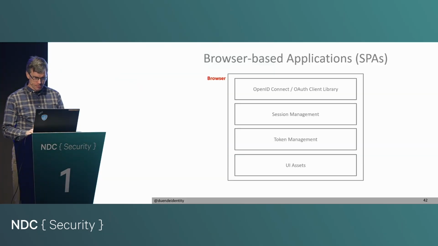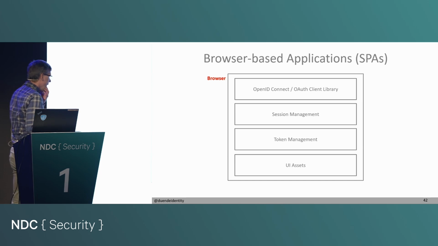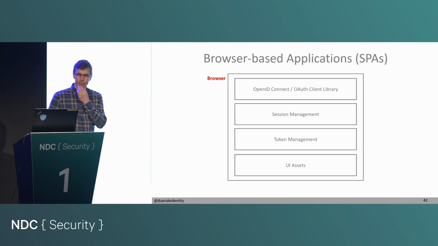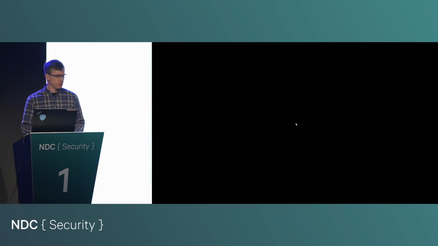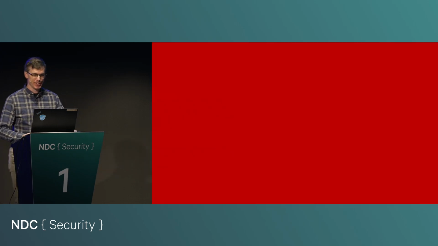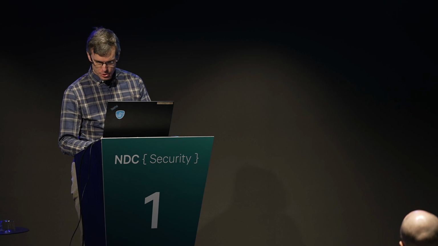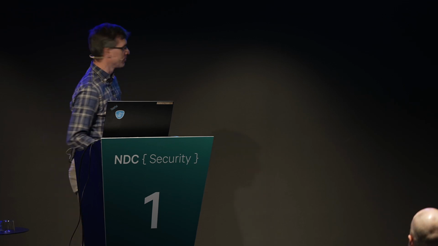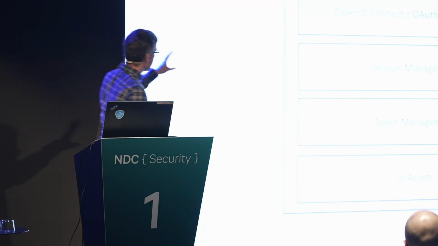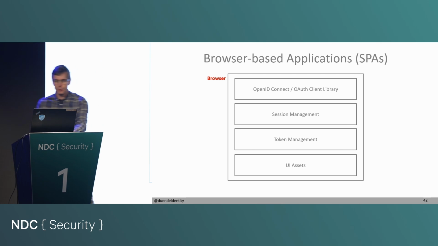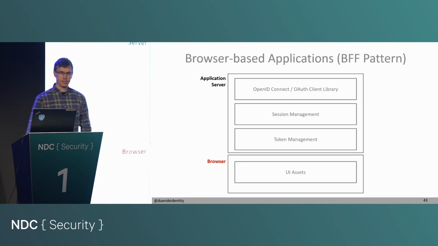So what do we do? Well, we have to accept that the idea to run a single-page application and do full OpenID Connect in the browser is a dead end. Sorry, I still had that change in screen focus. So what we should do is to have the right screen settings and show the presentation, and then, from this place where everything is in the browser, what we should do is to go to this,